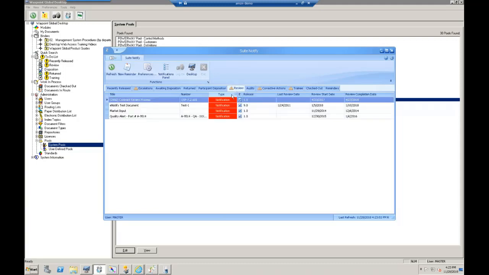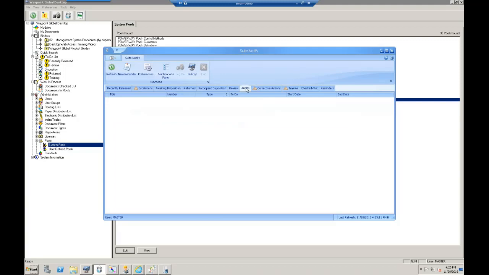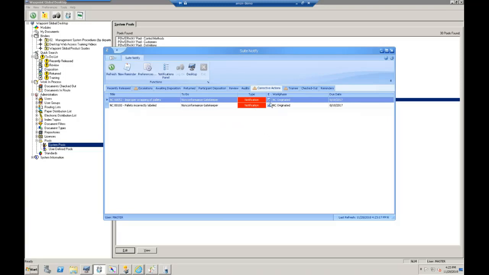But if we go to the review tab, we have 5 notifications waiting for us, and all of them have been escalated. Let's see, here's the audits tab. We don't have any audits. I'm noticing a pattern. If we go to corrective action, there are 2 notifications for us, and it tells you